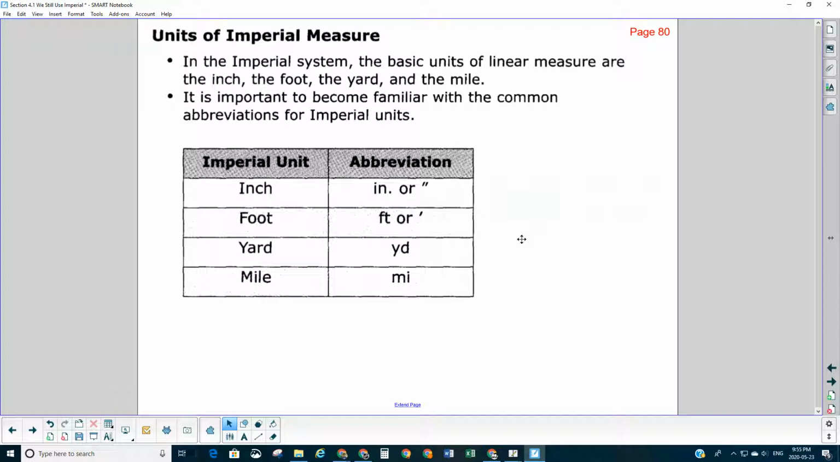You've probably seen this before when you're talking about someone's height. Someone might say they're 5'2", so they would write the 5, and the 1 tick is for a foot, and the 2 ticks is the inches, so that's 5 feet 2 inches. Okay, so that's all you need to write on page 80. We're going to skip over to page 81 then,